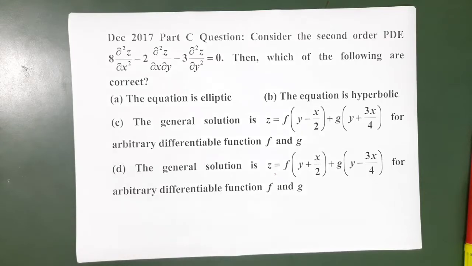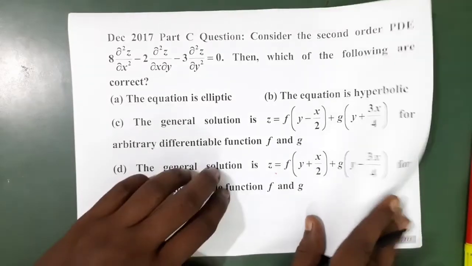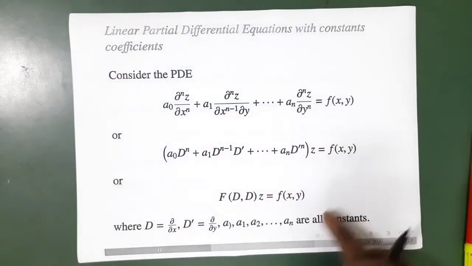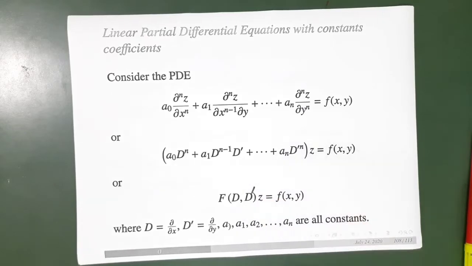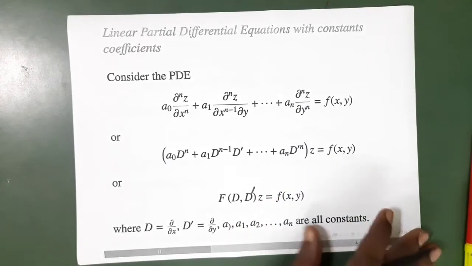First we have to understand from this question, this is a linear second order equation. So how to solve this linear second order equation? That is in the D, D dash format. Clearly the right hand side is 0, so this is a homogeneous equation. If you want to find the solution, its general solution is the complementary function itself. These are all we have discussed in part 1 of the partial differential equation. This is of the type f of D, D dash equal to f of x comma y.